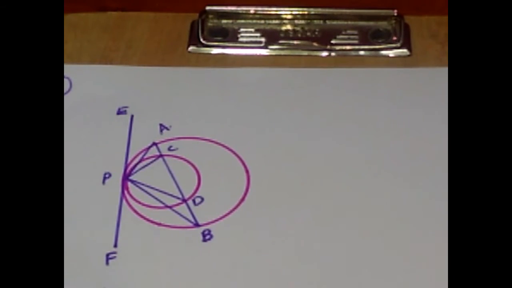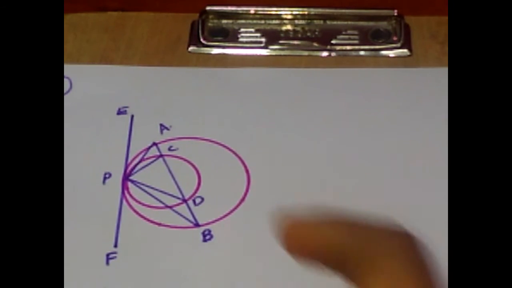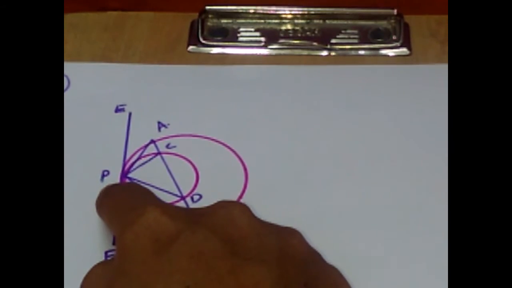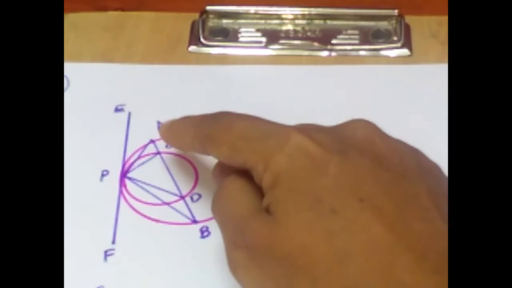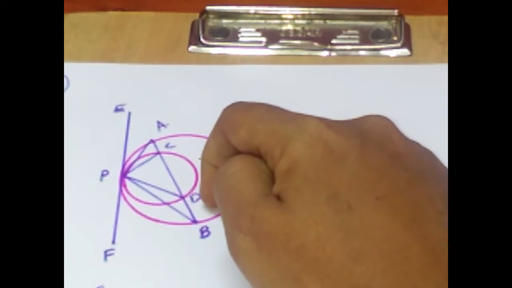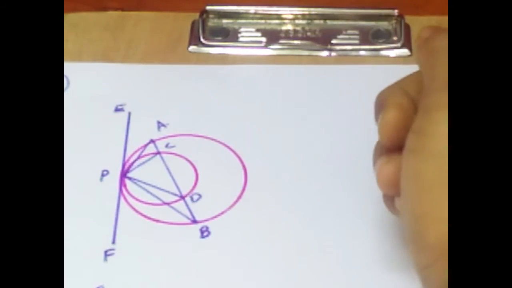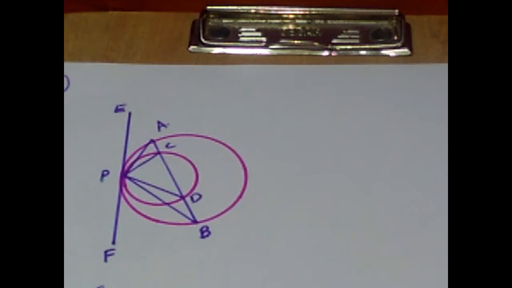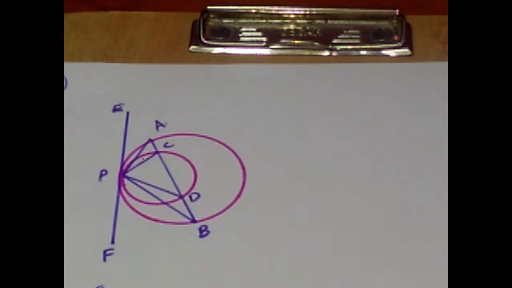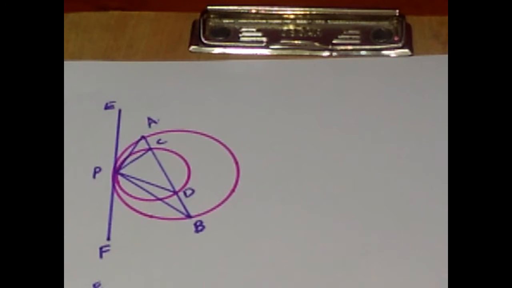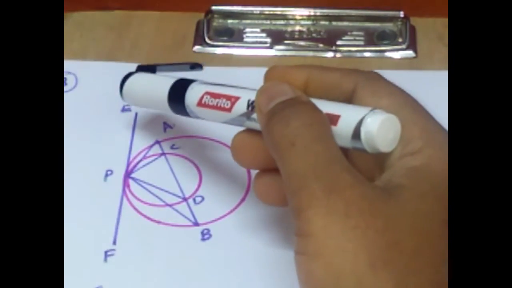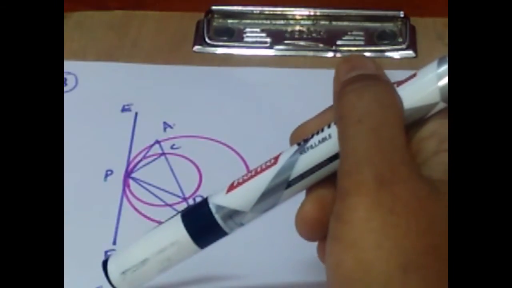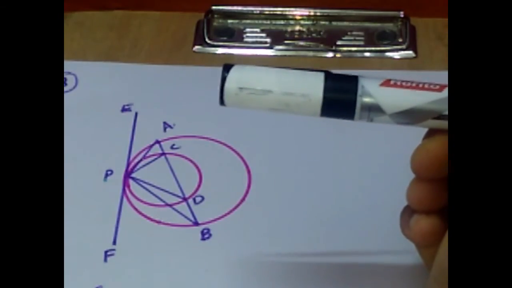Question number 8. Two circles touch each other internally at a point P. A chord AB of the bigger circle intersects the other circle at C and D. Prove that angle CPA is equal to angle DPB. So, in this problem also, as we can find two circles which intersect at the point P and there is a construction which is suggested in the question that a tangent at P has to be drawn, hence I have named it as EF. EF is a tangent which intersects the circle at the point P.